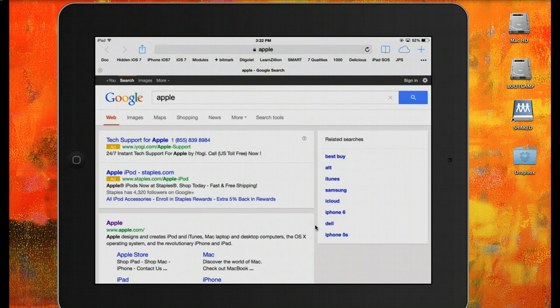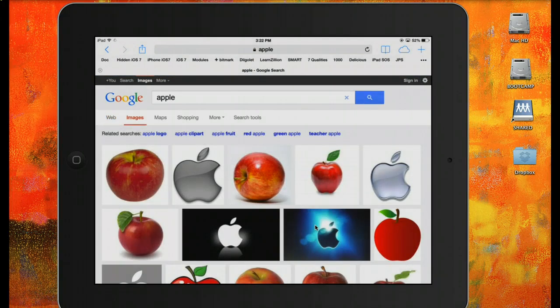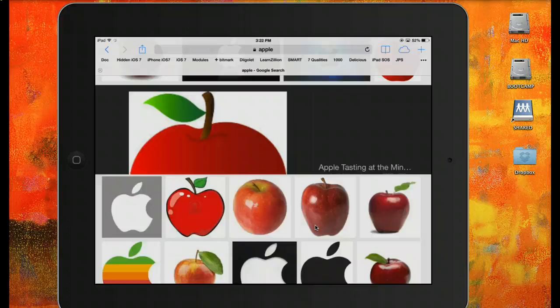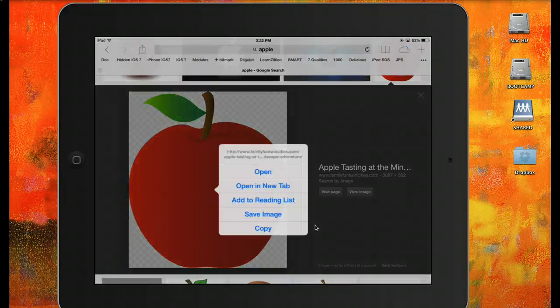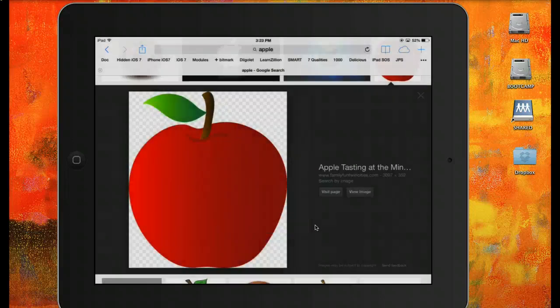And you can see Google's there. I'm going to tap on images. You can see some pictures of apples came up. What I'm going to do is just press on one of the pictures, just tap on it, and it comes up bigger. Then I'm going to press and hold my finger on it. And notice I can do different things with it, but one of them says to save the image. So I'm going to tap Save the Image, come back out of Safari,